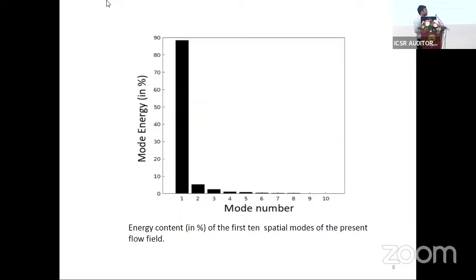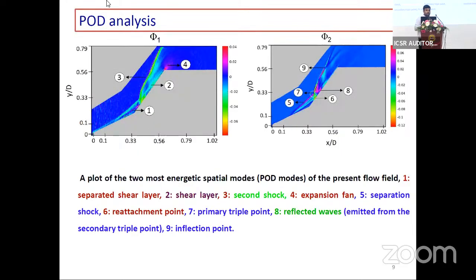This plot shows the energy content of first and special mode of the present flow. If you will notice that the first mode captures 90% of energy of flow. So we can say that it's a very complex flow pattern for a lower range of theory analysis using